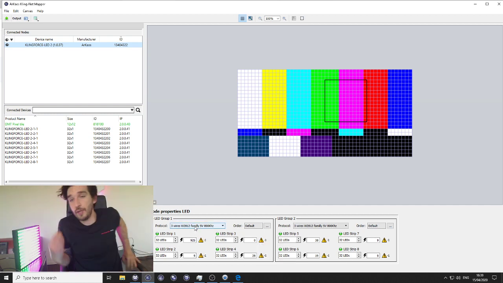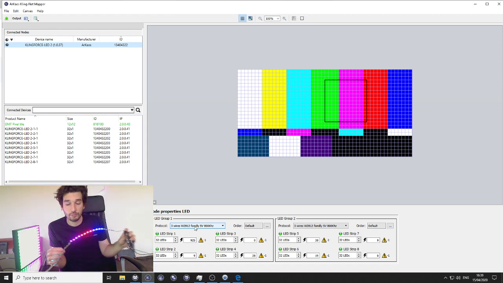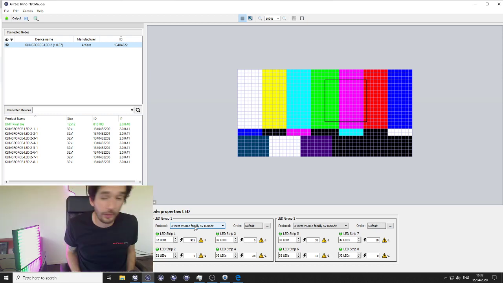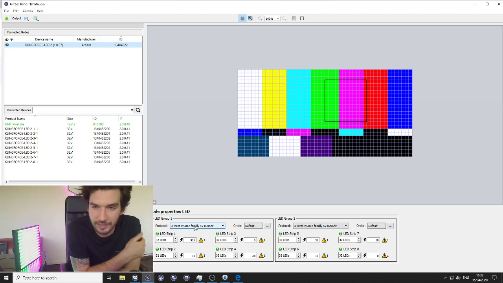The first thing that you have to do with pixel tape control is select what kind of protocol that chip uses. There are a lot of different protocols on the market, and I see Hermano there in the live. He has already made a couple of installations with the Klingforce.